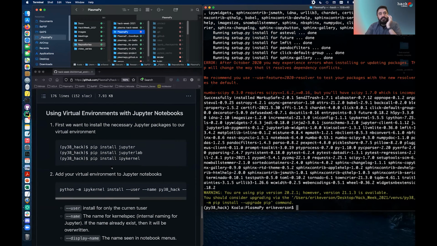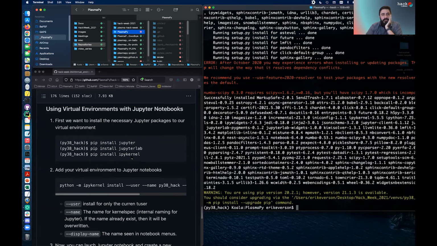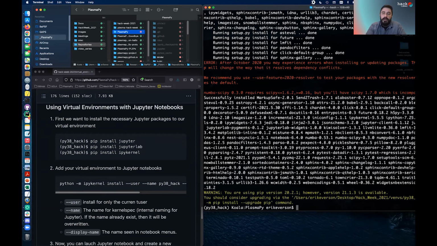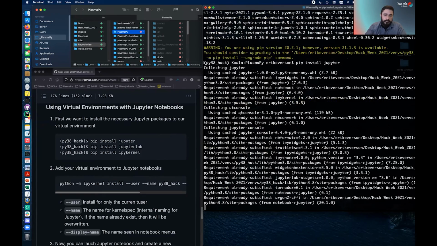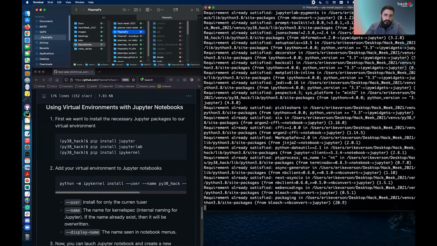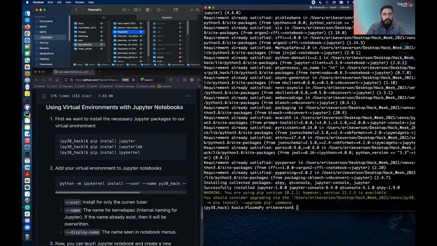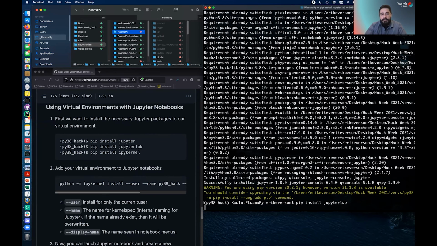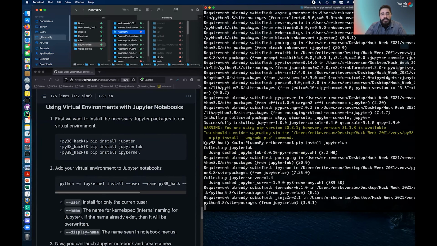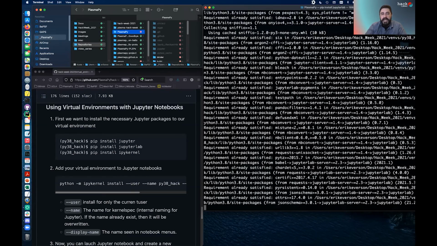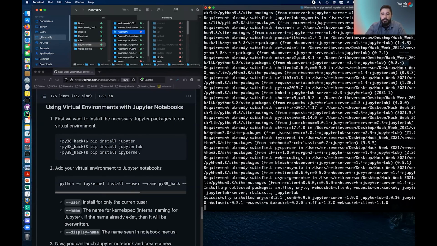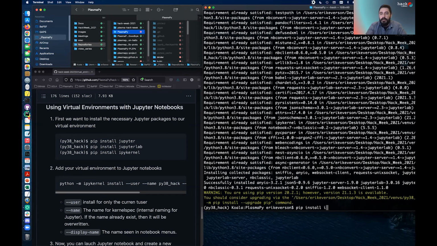The next part is to do Jupyter notebooks. In this case, you want to pip install Jupyter, which I believe we already have installed or not. You also want to install, I like using Jupyter Lab, that's another one. And then the key package here is ipykernel. This is what allows you to manage different virtual environments